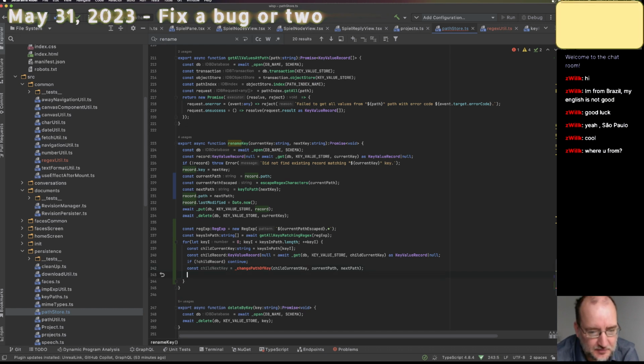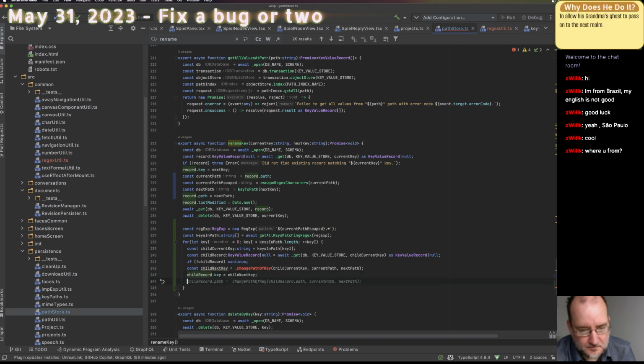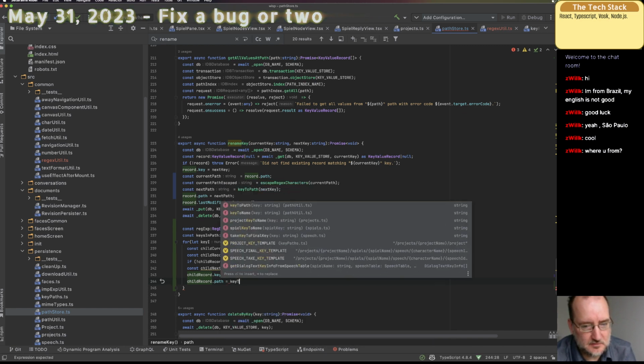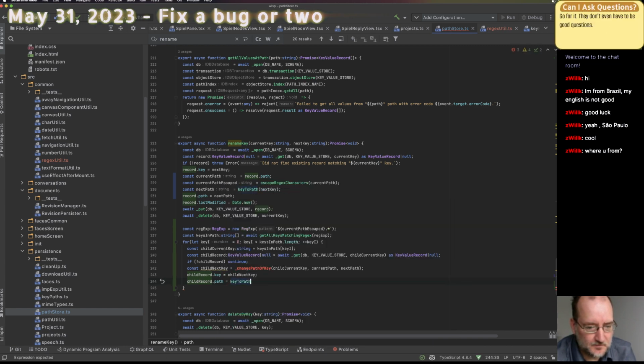Starting to understand what I gotta do here. So then that, and then, no. Equals key to path, and then we'll pass that in.